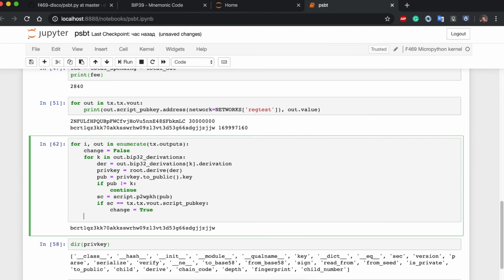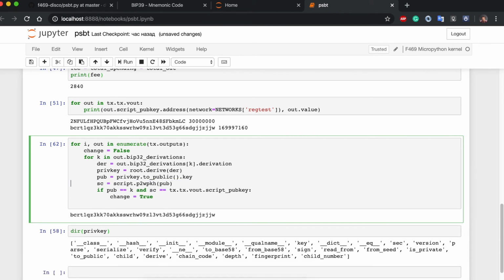Okay, and then for each of them, let's put this here as well. If pub equal to k, then this is the change, and then we can print